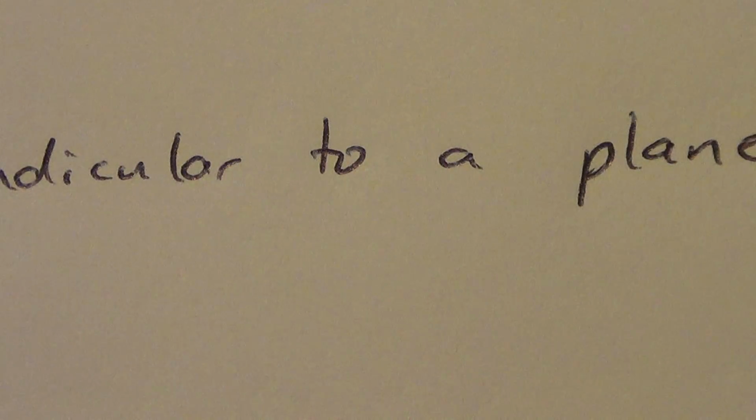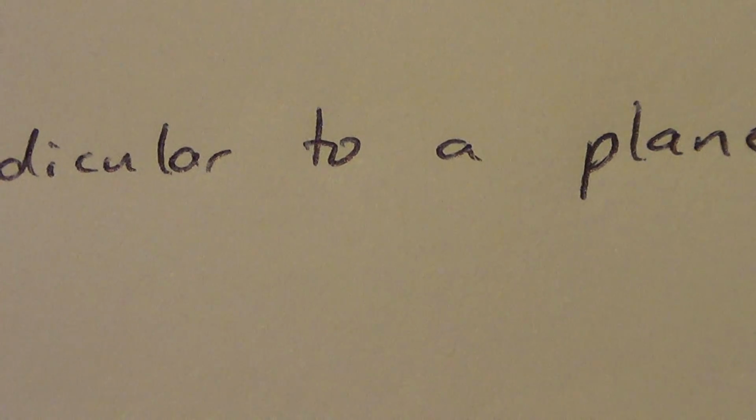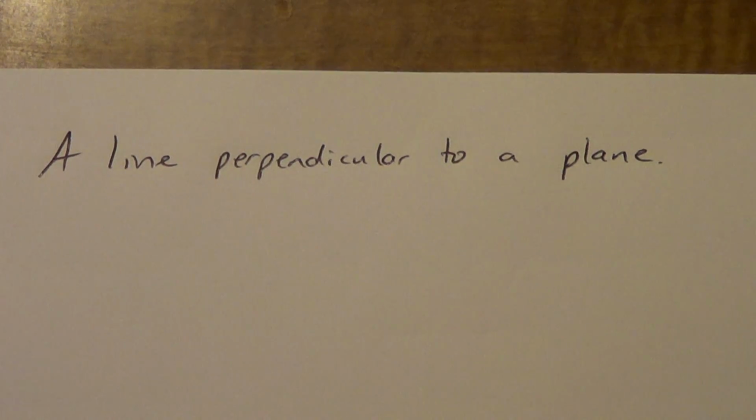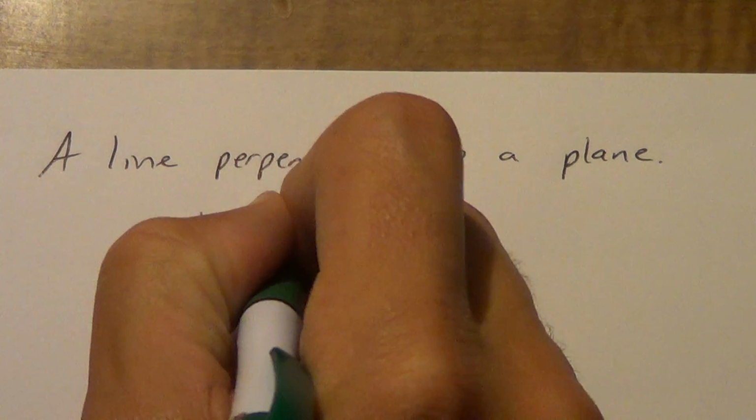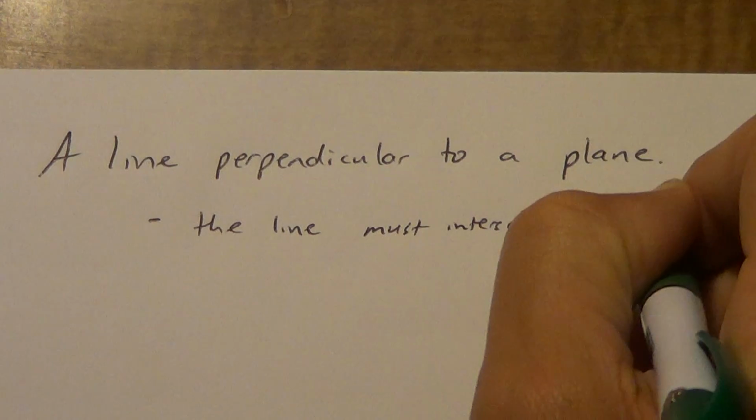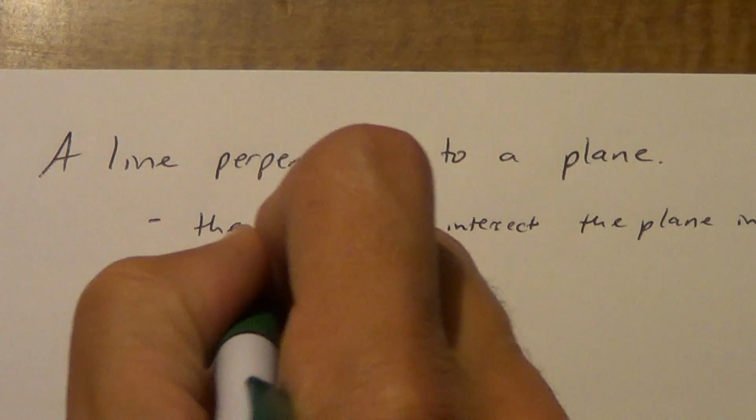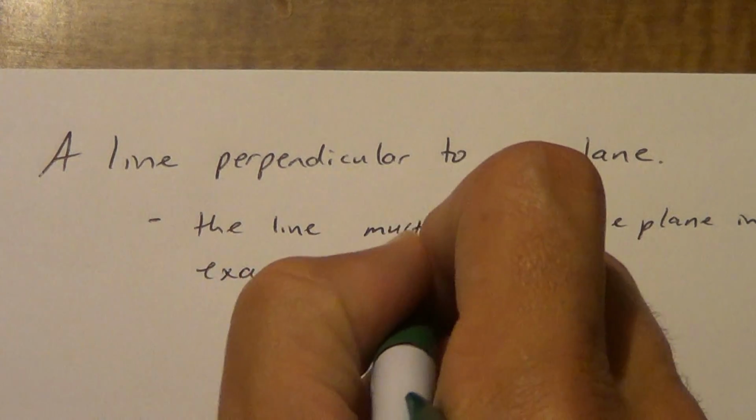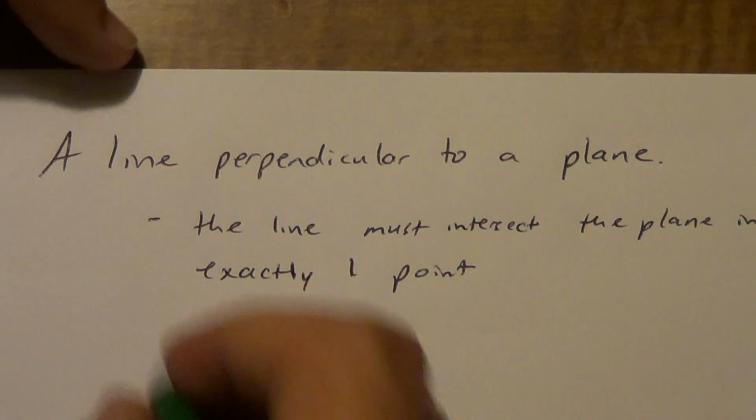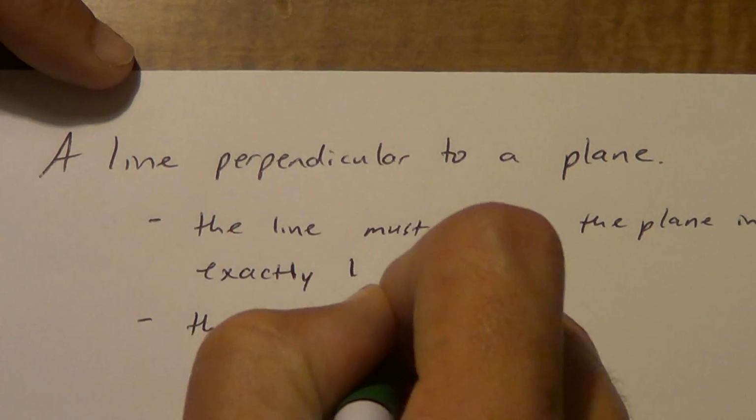Draw out a line perpendicular to a plane. I had zoomed in so far with that last diagram, let me zoom back out here. A line perpendicular to a plane. Here's the definition. First off, the line must intersect the plane in exactly one point. And then number two, the line is perpendicular